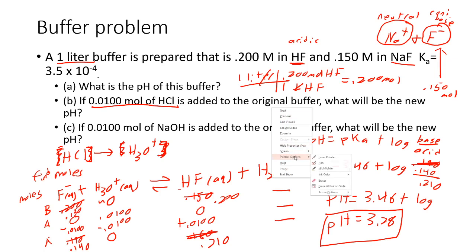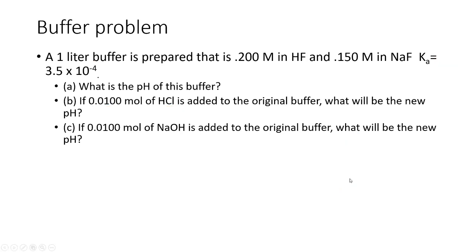Now, let's clear all this out so we can do C. I also suggest you try to do C on your own first if you haven't done so yet, because it's very similar to B. You just have to figure out what the NaOH is going to react with and what equation matters there. So first part we want to pay attention to is NaOH is going to give us a bunch of OH minus, specifically 0.0100 moles of it. So that means since we're adding a base, it's going to react with the acid portion. So we have HF